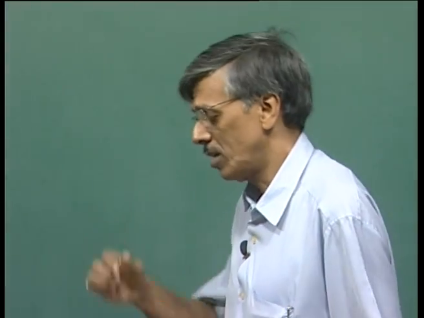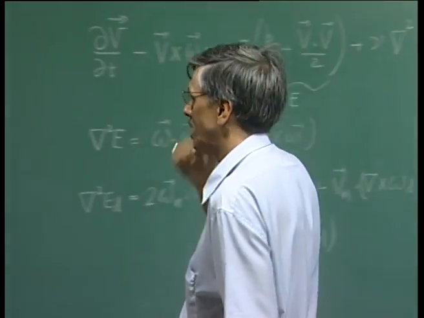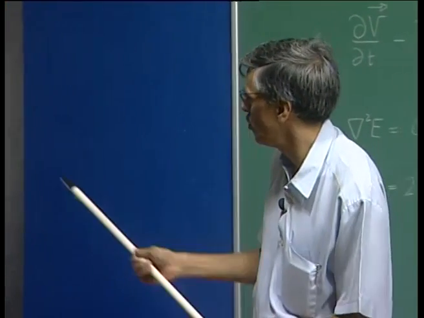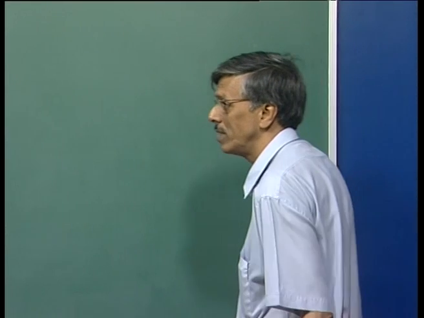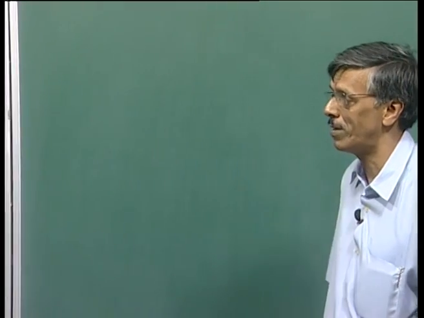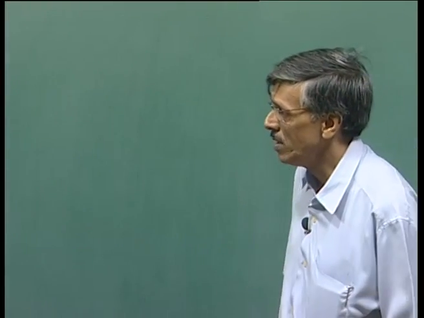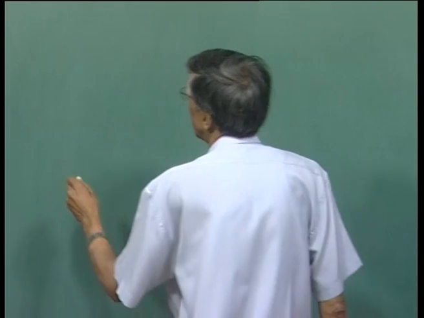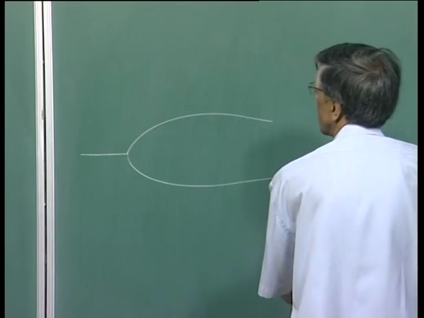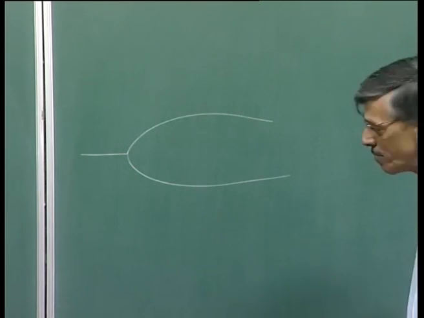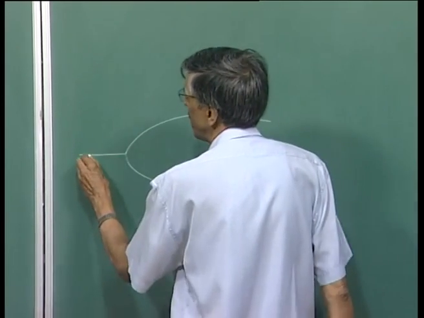Okay, so let us conclude our discussion on instability on the attachment line of swept wing. We were talking about what other groups of people may have done. One specific instance was this work by Obrist and Schmidt in a couple of back-to-back papers in JFM. They investigated the flow fields of this kind, that if you have, let us say, a flow past a swept wing and this is your attachment line plane,